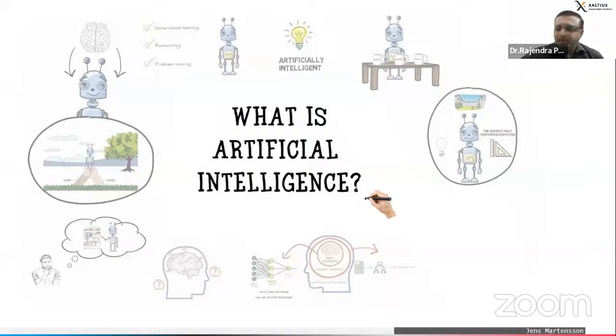But whatever AI we have today is very narrow AI. Narrow AI means we are learning about a specific task. We are demanding that the technology assist me in a particular task. And the future will be general AI. General AI is like a human being, which can do multiple tasks for us.